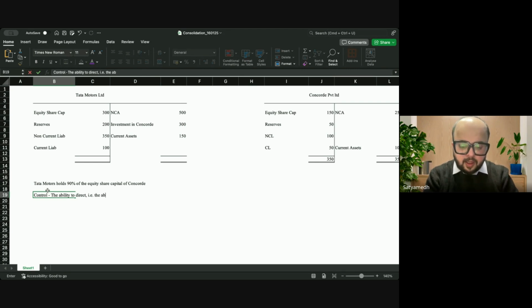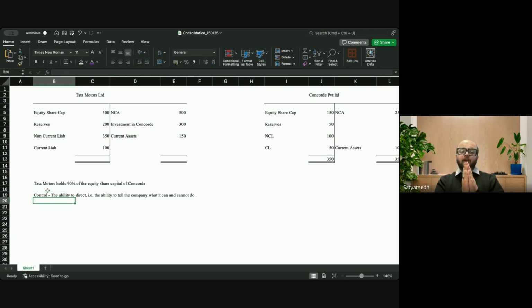That is the ability to tell the other company. I'm speaking like a layman right now; I haven't gotten anywhere near accounting. That is the ability to tell the other company what it can and cannot do. That is what we mean by control. Ability to direct the other company, ability to tell the other person, ये आप कर सकते हो या ये नहीं